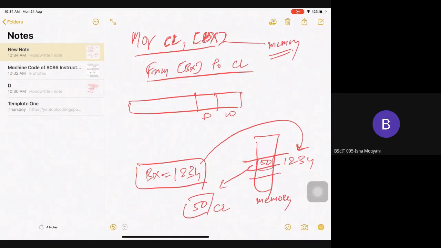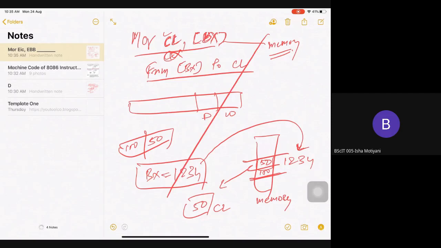If there are two things stored here, suppose 50 and 100, and here I have written CX, then 50 is stored over here. Take 50 as a decimal number, so I can store 50 and here 100. This is what your instructions do.